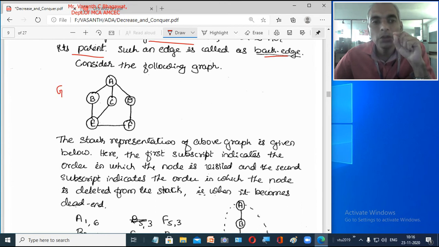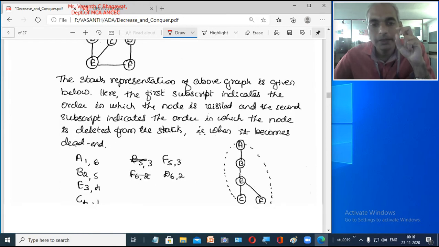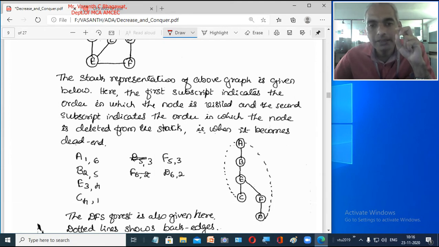Now as we said, to implement the DFS algorithm we are going to use a stack, right? We use a stack and we construct the forest. Now you can look here, one diagram we have drawn. This was our initial graph and this is actually the DFS forest for it. This is the depth first search forest which we have constructed, right?